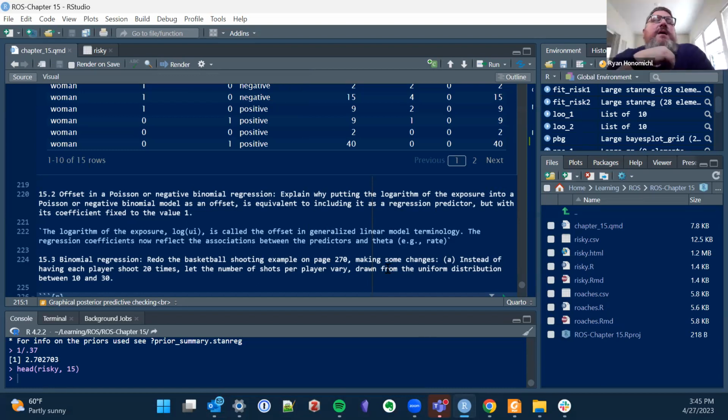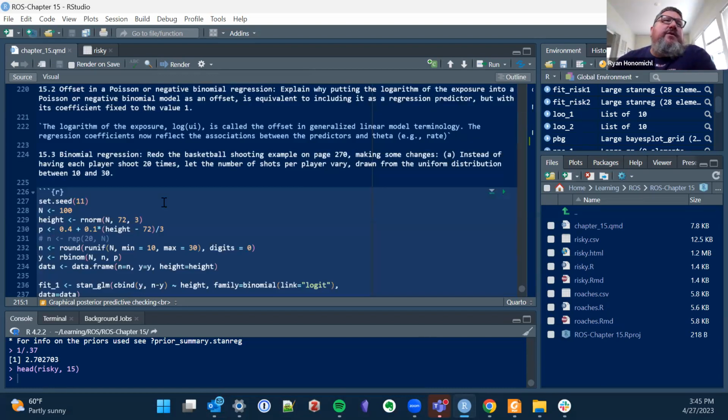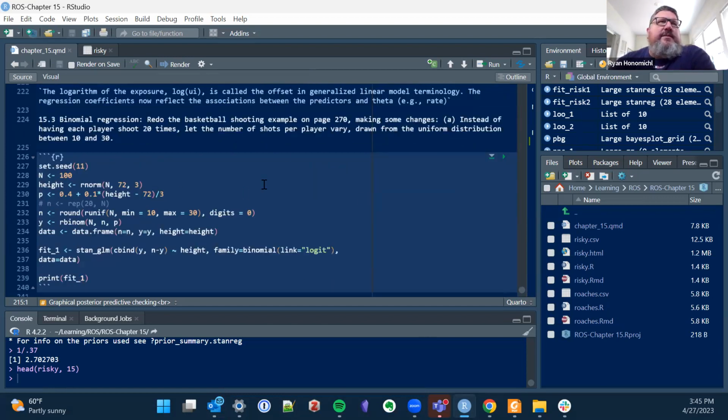So yeah. All right. Well, let me get in real quick to binomial regression. We've already done this in so many different ways, but I got kind of stuck here, so maybe we can address this and then try to finish it up next week. But okay, so that's 15.3. Yeah, 15.3.